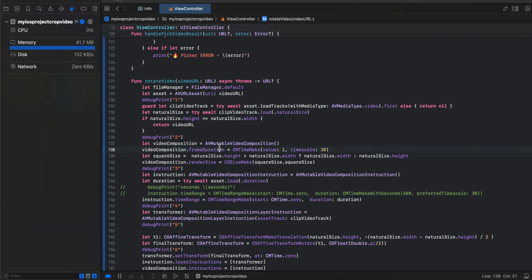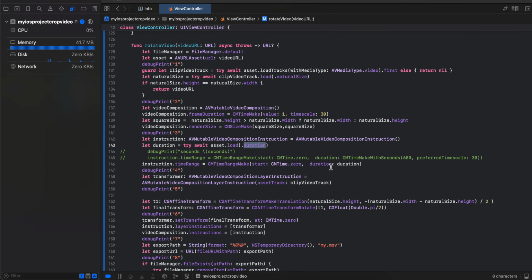And here we are creating an AVMutableComposition. Then we set the frame duration, which is a normal thing, I think 30 frames per second for a video, something like that. Then we define a square size. We pass our square size to the CGSize, and then we define an AVMutableVideoCompositionInstruction. Then we do asset.load to get our duration. Then we pass that duration to CMTimeRange make, so that whatever the duration of the video is, I want this entire video to be